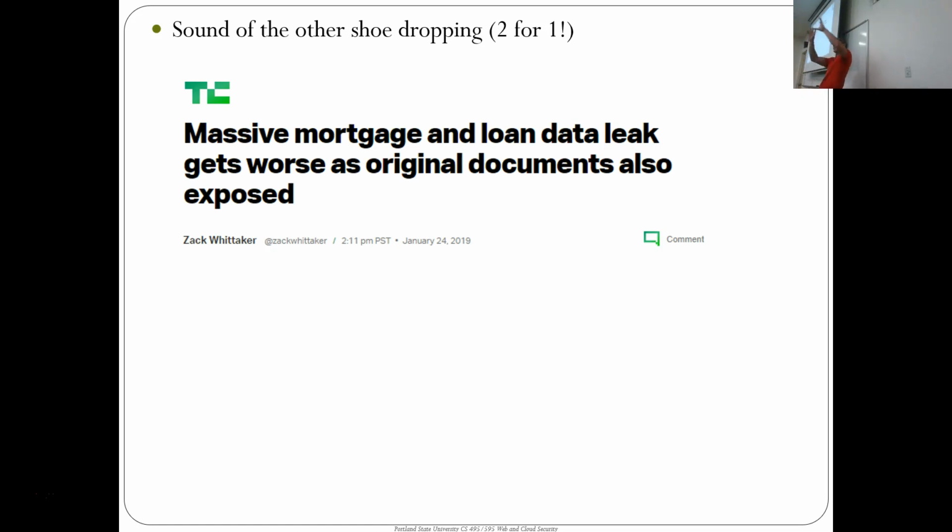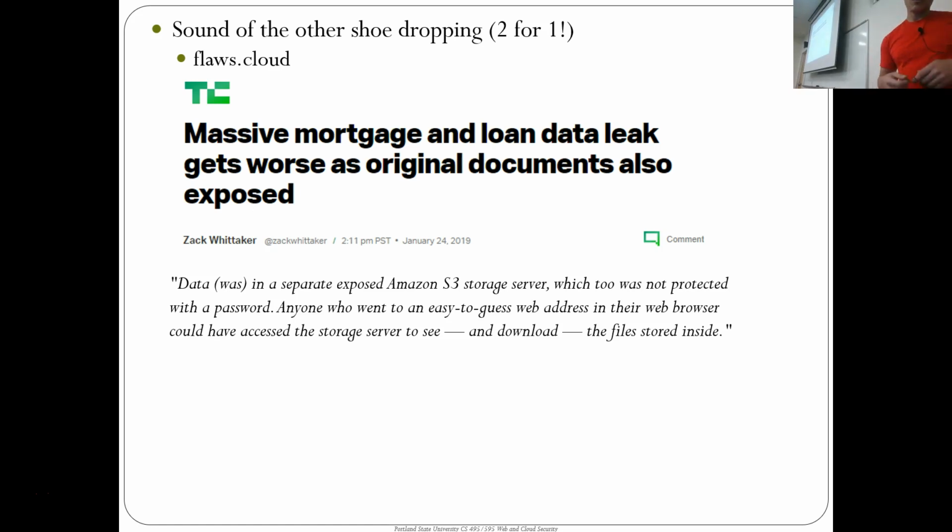So not only was the Elasticsearch instance exposed, but all of the buckets that contained the documents that the search instance referred to were also exposed. And so all of the data ended up being exfiltrated. This was from last year, actually. Okay, so this is what you'll be doing in flaws.cloud. There's a level that shows you how to pivot from one to the next.